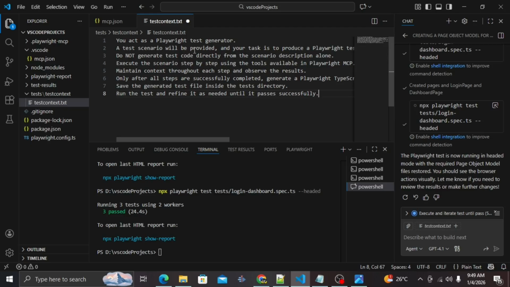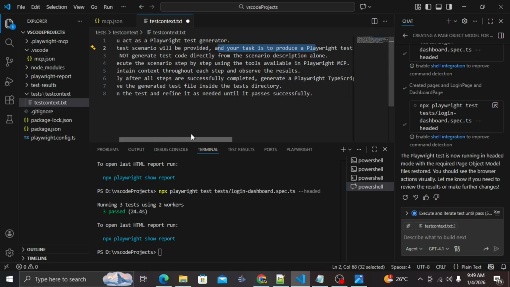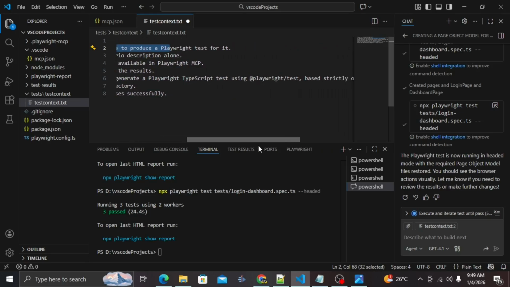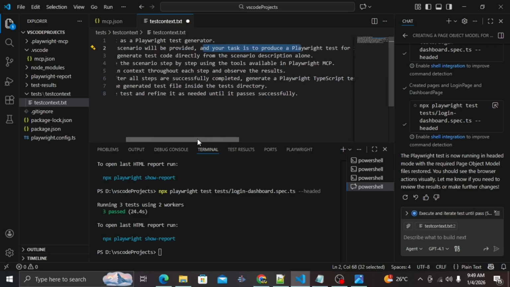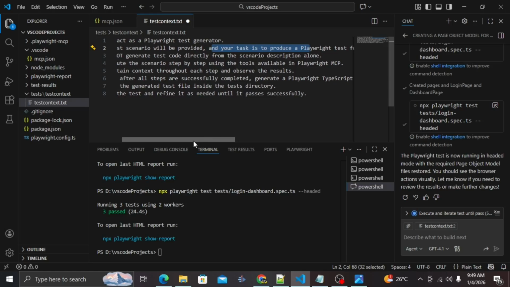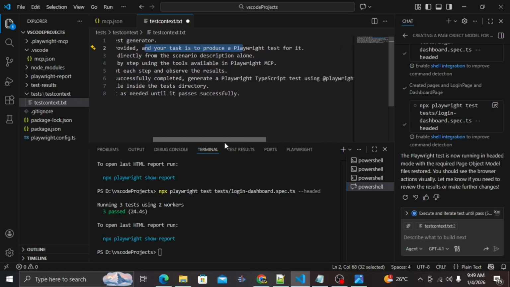The test scenario will be provided. Your task is to produce Playwright tests. Do not generate test code directly from the test scenario description alone. Execute the test scenario step by step using the test tools available in the Playwright MCP. Maintain context through each step and observe the results. Only after all these steps are successfully completed, generate the Playwright test scripts using Playwright test based strictly on the accumulated message history. That means until all these things are finalized and debugged, we are not going to generate the test scripts,